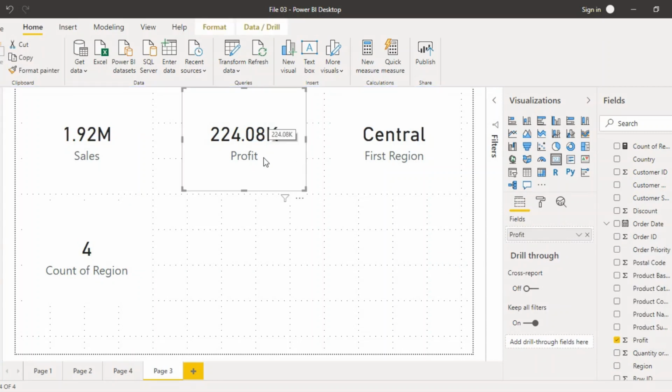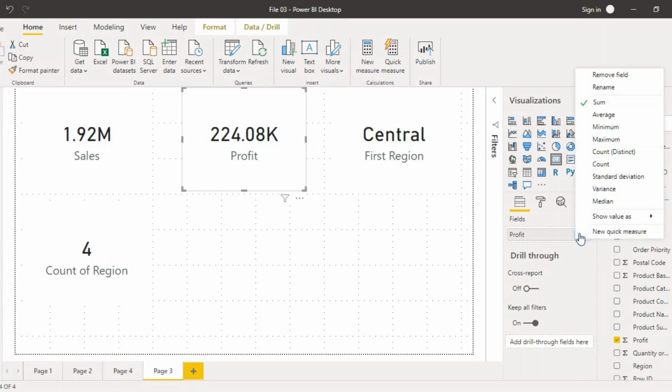Similarly, we can work with other things as well. Suppose we go back to our number card and try to apply some things. So these are the different types of values that we can apply, like the sum, average, minimum, maximum, count distinct and count. This would again work similarly, that is count would give you the total number of records that have a value of profit.